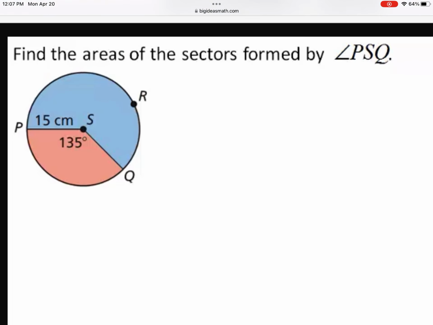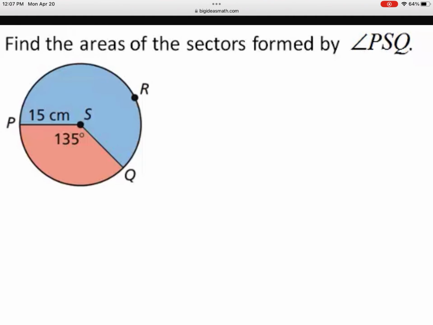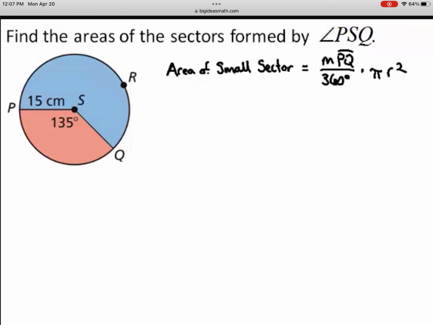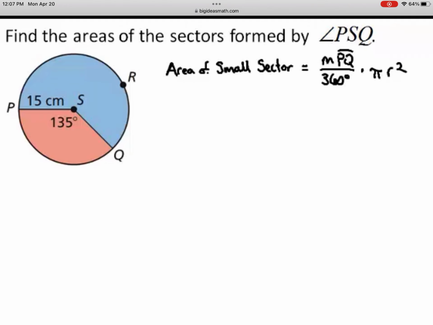Find the areas of the sectors formed by angle PSQ. Begin by finding the area of the small sector. So the area of the small sector equals the measure of arc PQ divided by 360 degrees times pi r